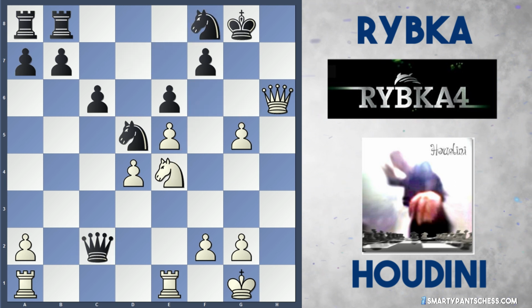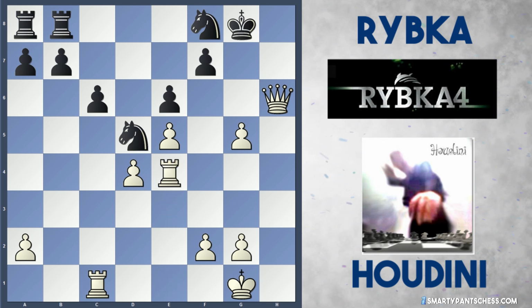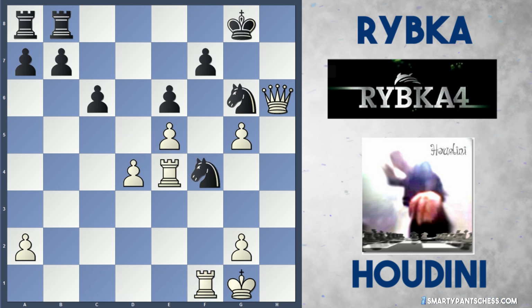Rybka tries to defend with knight to f8, and Houdini plays rook ac1, trying to move this queen off this diagonal. And here Rybka is now forced just to take on e4, so Rybka plays queen takes knight, and this is pretty much game over already. After rook takes e4, Rybka plays knight g6, and Houdini just plays f4. If Rybka takes on f4 with this knight, just rook f1, and if the knight goes back, just rook f6,